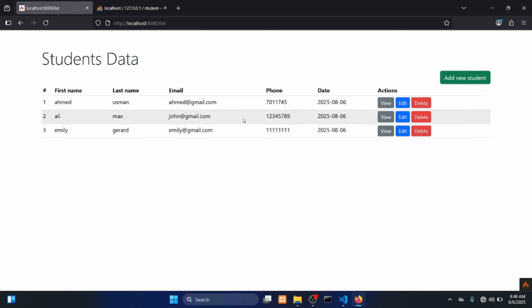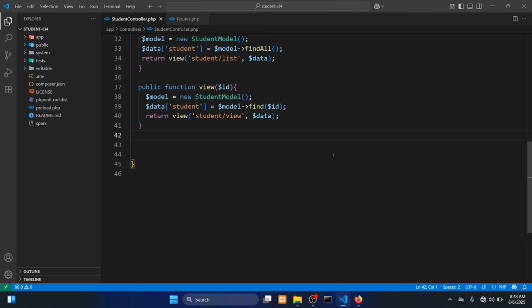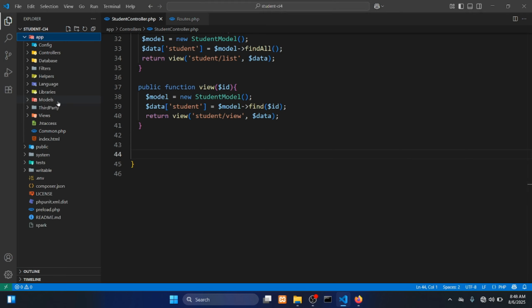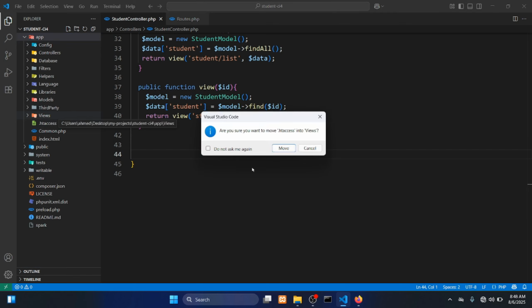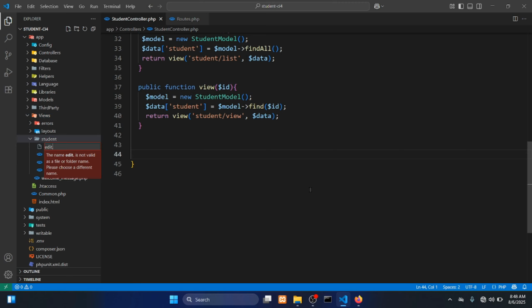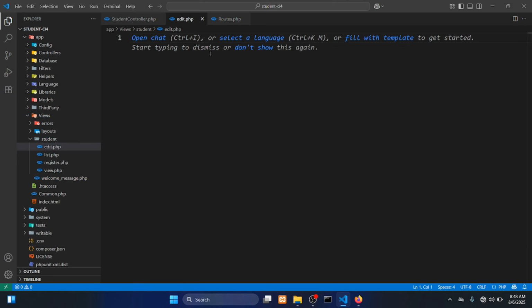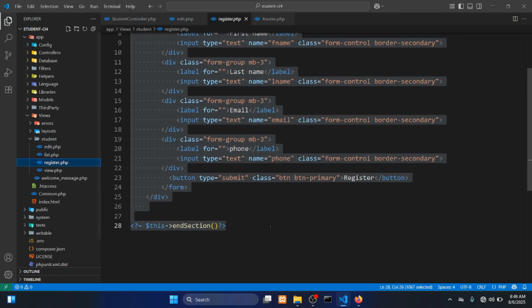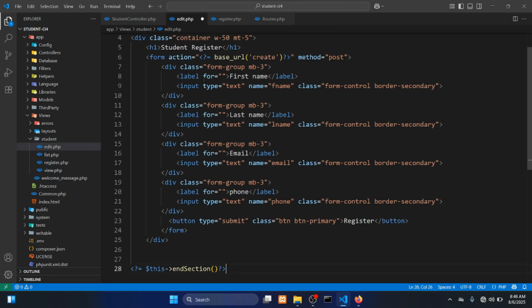In this video, I will show you how to edit data using Bootstrap form, CodeIgniter 4, and MySQL database. Let's get started. First, I need to create an edit.php inside the student folder. Then I need an edit form, so I copy the registration form and paste it with Ctrl+V